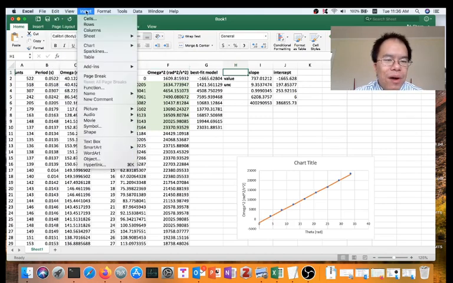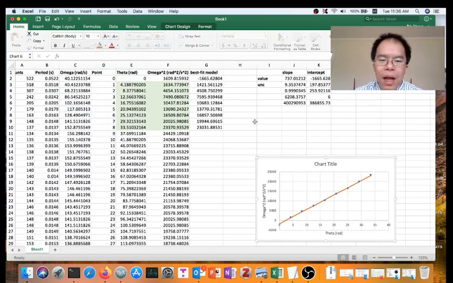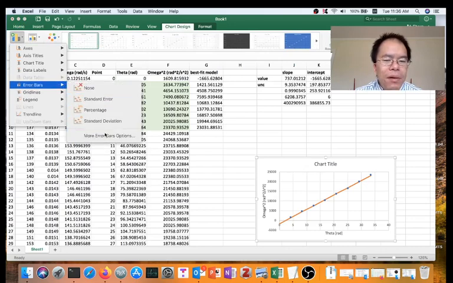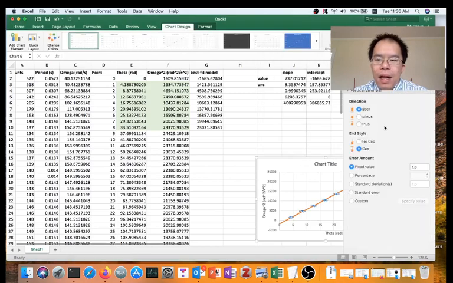Let me just insert another column here. There we go, just to give us a little more room. If I wanted to add error bars, I could do that by going to my graph here, and again, I can add chart element, error bars. And if you go to more error bars options, you can do error bars based on series. So if I want to add error bars to series 1, I can add, say, a fixed value. So for vertical,